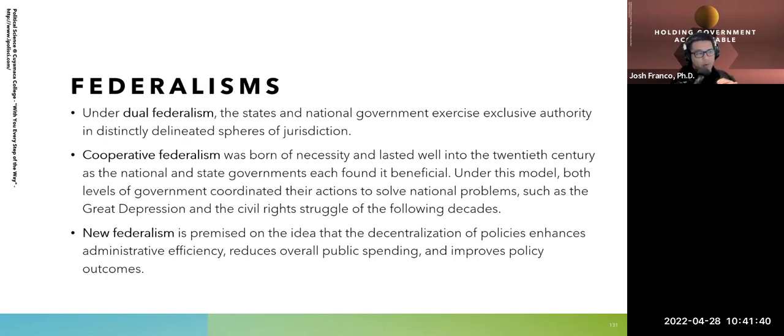What we see now in more recent time is a new federalism, which is premised on the idea that decentralization of policies enhances administrative efficiency and reduces the overall public spending and improves policy outcomes. Now,